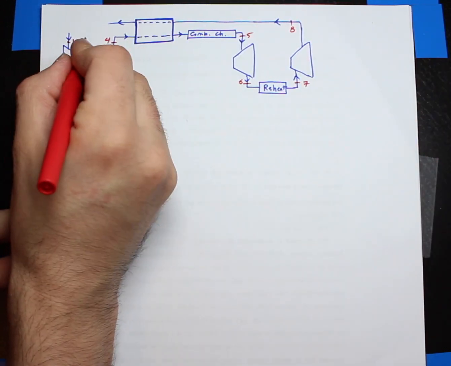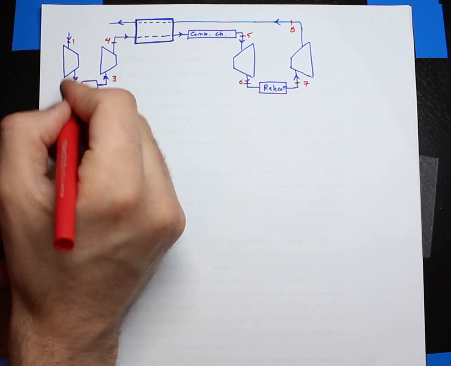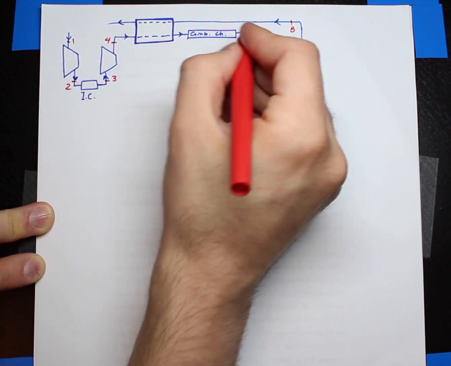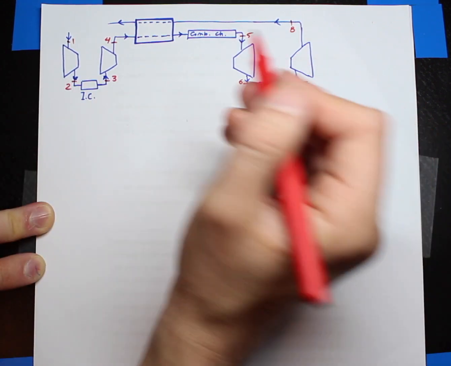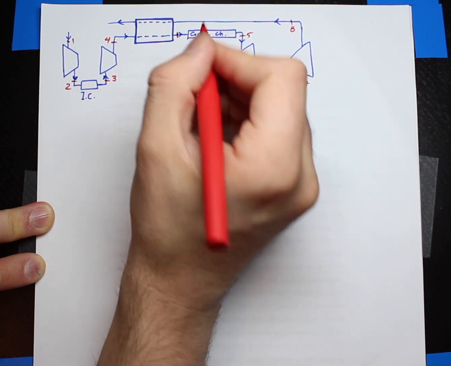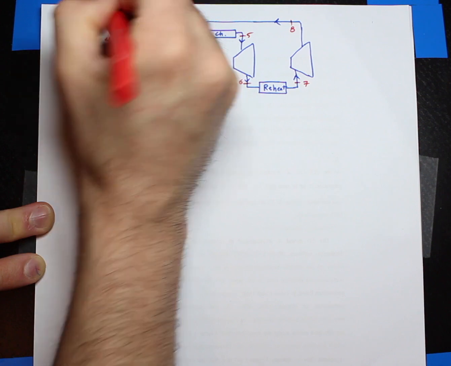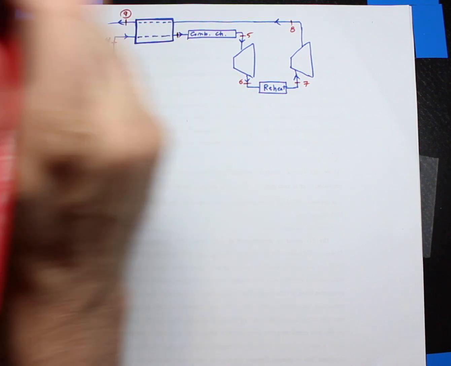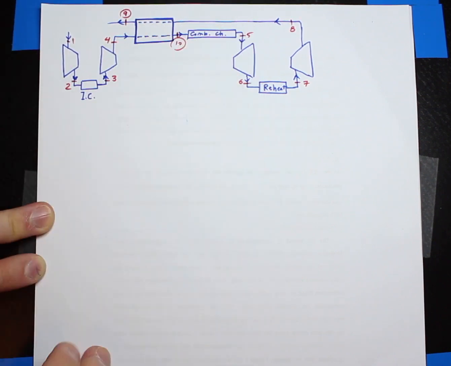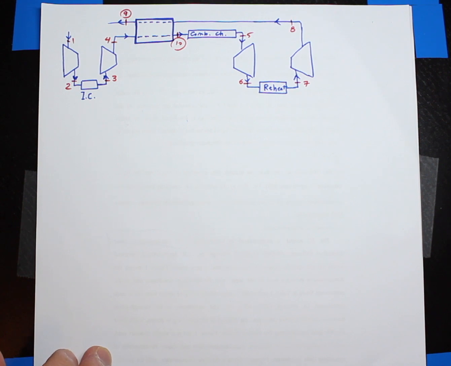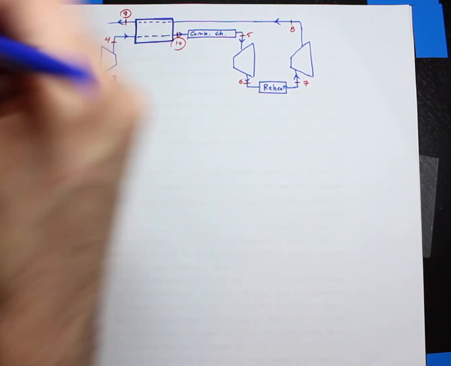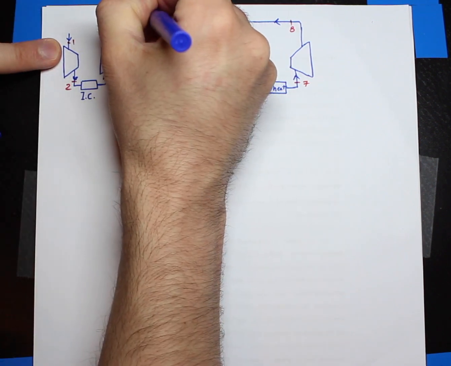So this is 1, 2, 3, 4, 5, 6, 7, 8, and I'm adding a point here and also a point here. So let's say after the regenerator, let's call it point 9, and here I can call it point 10. Okay, so this equipment that I added is my regenerator,